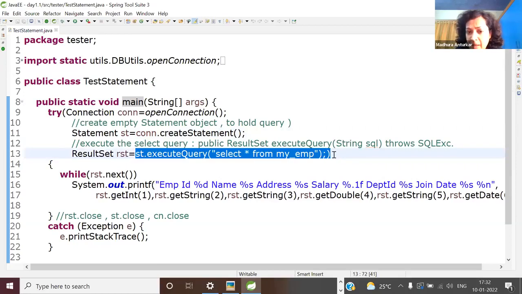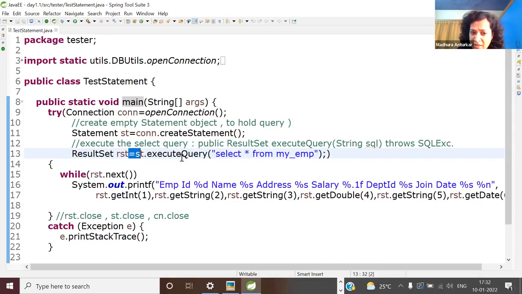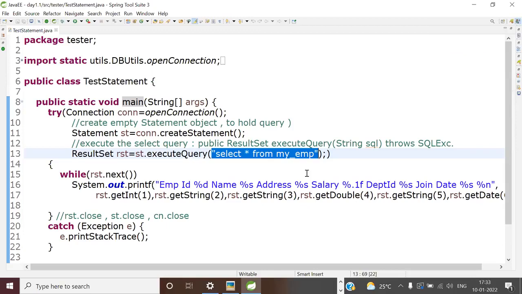For example, if you want to fire this query multiple times, suppose the user wants to see the results, let's say 10 times. What has to be done 10 times? I have to execute the query, but I have to pass this query every time. And when you pass the query, the query is parsed into tokens, then syntax is checked, then it is compiled and kept in the object. So this is too time consuming. And of course, the other disadvantage is that it doesn't easily support any in parameters.